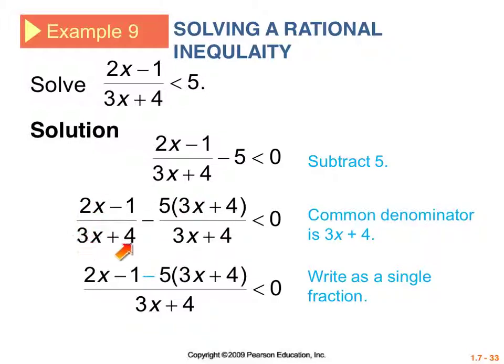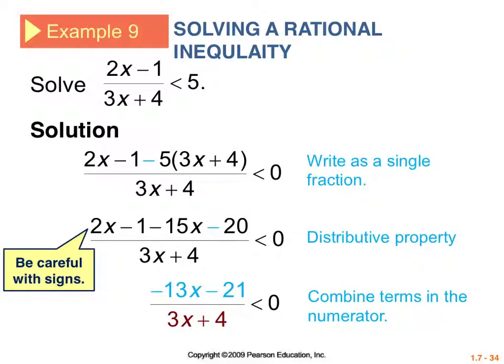And since this denominator was 3x plus 4, then I'm going to make the 5 have a denominator of 3x plus 4. And I have to do 5 times 3x plus 4 in the numerator. And so that's what they've done in these steps. And so now we're going to distribute the -5 to the other two terms in those parentheses. And so once that's distributed, I get -15x minus 20. I'm just going to combine some like terms in the numerator, and I get -13x minus 21